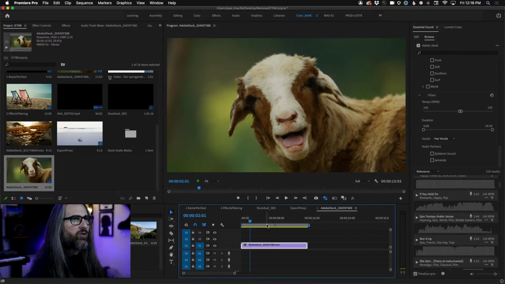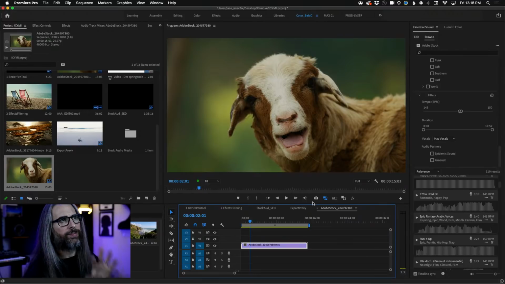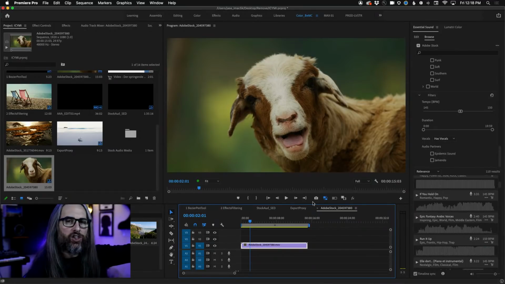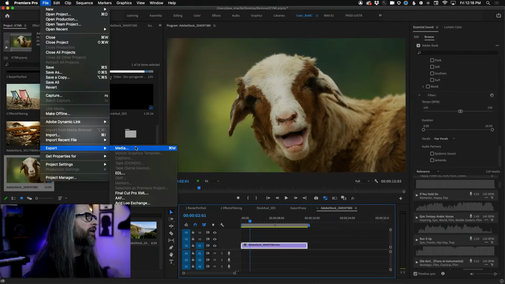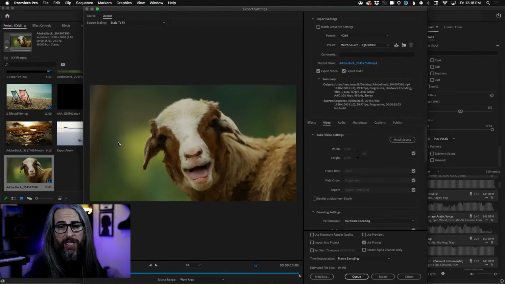And what if I want to do a quick export? Now, I was talking before about using proxies for quick export. Yes. We have an additional quick export functionality that doesn't rely on proxies at all. It's just using some very fast code under the hood that eliminates you from having to go to Media Encoder. So that's the key, because when you do a traditional export, you're going into Media Encoder, or maybe you're queuing it into the background to Media Encoder, and then you're choosing your format, choosing your preset, modifying settings, all this kind of stuff.